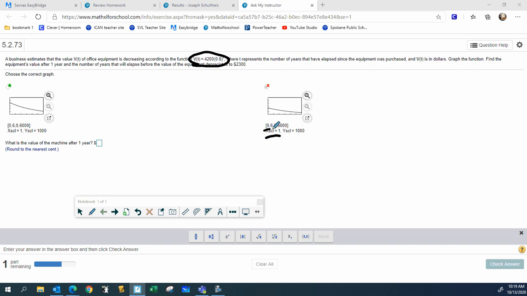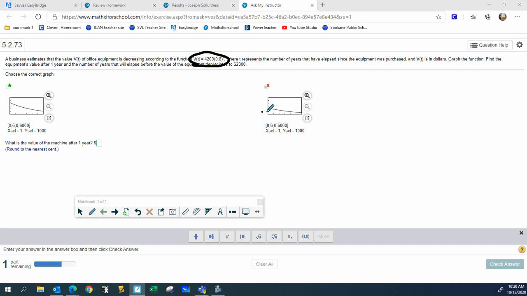the first two values describe what your smallest x and your largest x are, so 0 to 6, and then your next two describe what your y's are, so it's 0 to 6,000. So that's how you interpret what's being said there. So if we know that the x scale is 1 and the y scale is 1,000, we know that we're